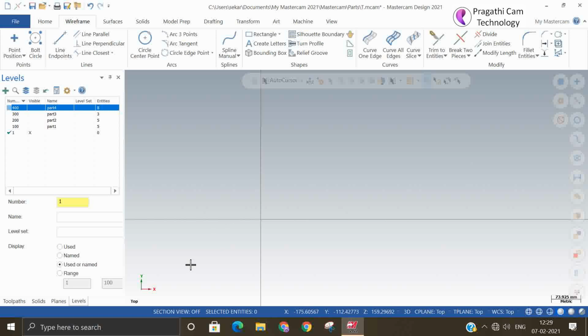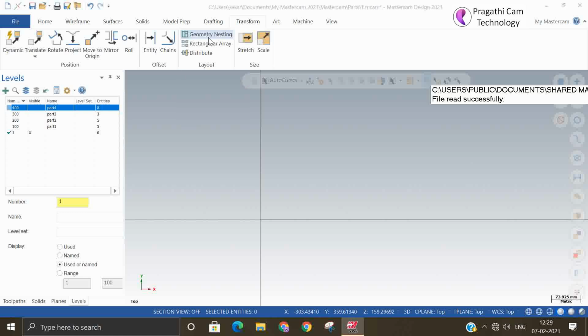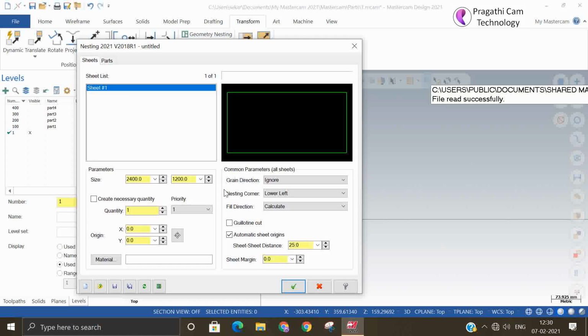It is highly used in the routing industries. Machining outer shells of helicopters or aircraft, all the things are done by this nesting only. Now I will reset it again and I accept this. Margin only I will give.